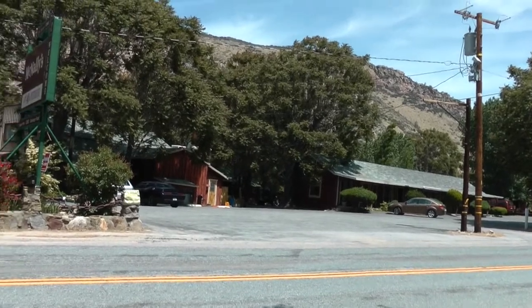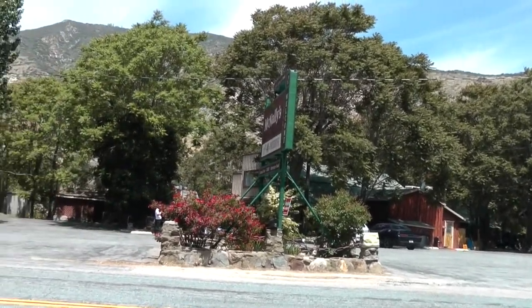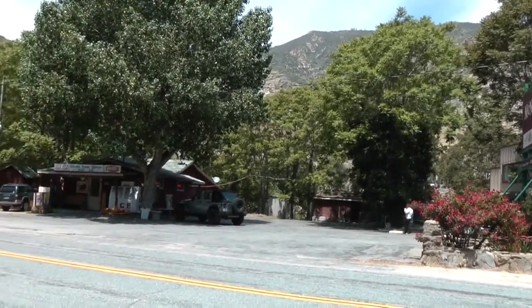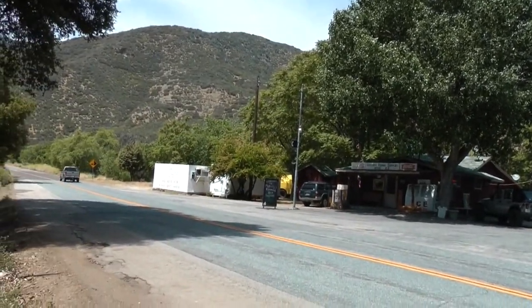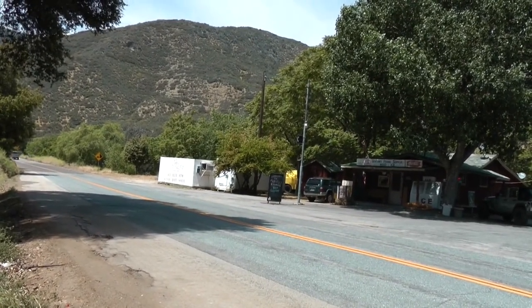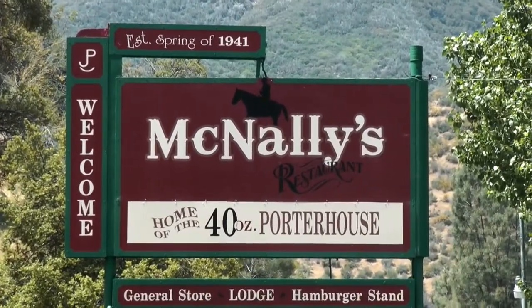So here it is. It looks the way I remember it from being there many years ago. It looks really pretty much the same. It looked clean and everything. John, this is on Sunday, and John and Becky were gone for that morning. They go to church every Sunday. The market you just saw there for a second. The market is there, and